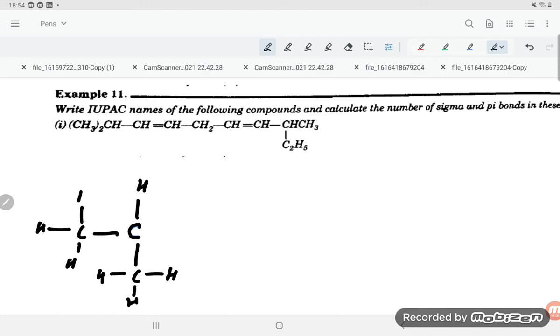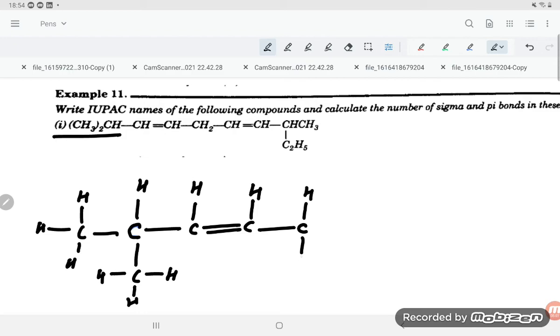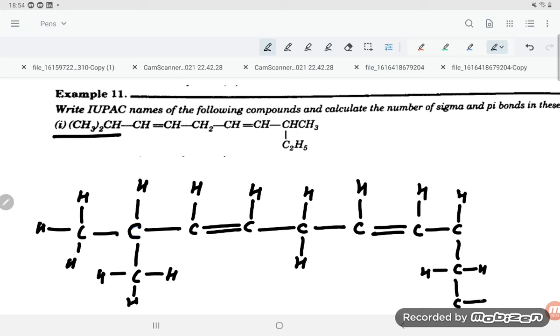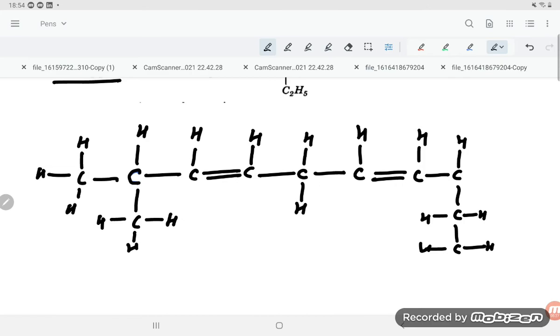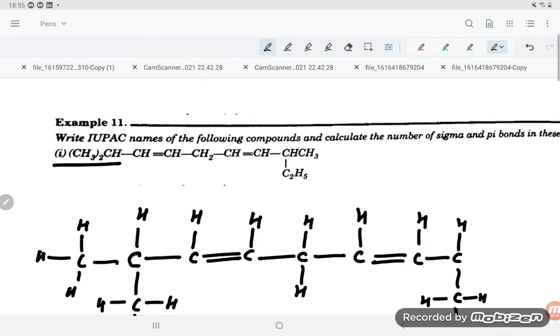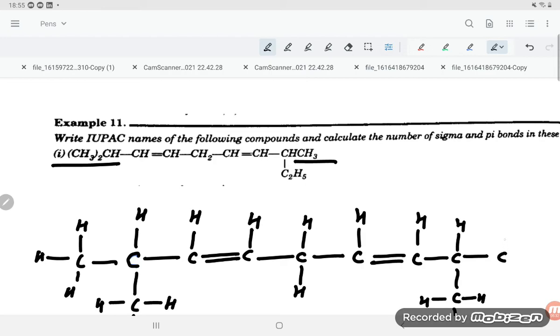So here is the first group we mention here. Then it is coming, CH over, then C, here is H, this will come double bond, here is H, then it is coming C, here is hydrogen, downside hydrogen, then again this is the CH2, then again C, here is hydrogen, this is the double bond, and here is again hydrogen, this is C, here is hydrogen, here is the C, here is H, here is H, downside C, here is H, here is H, and again downside H, and here is C, here is hydrogen, and downside hydrogen.